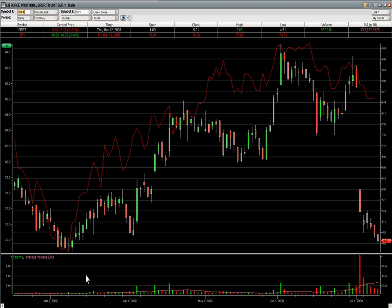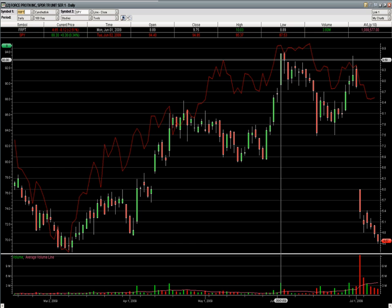Okay, this week's free stock pick, FRPT. Right here is the symbol. Force Protection is the company. This thing was red hot for a while, all the way up to 10.03 back on June 1st, and very